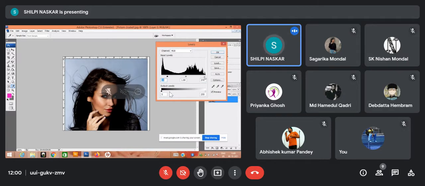Say in the shadow tones, if I reduce the shadow tones, see, it is getting a little bit brighter. Why? Because you are reducing the number of pixels in the shadow tones. Okay, so basically from 0 to 40% more or less of dot. Now do you know what is dot percentage? No. Do you know? Okay, so all of these are interrelated basically.